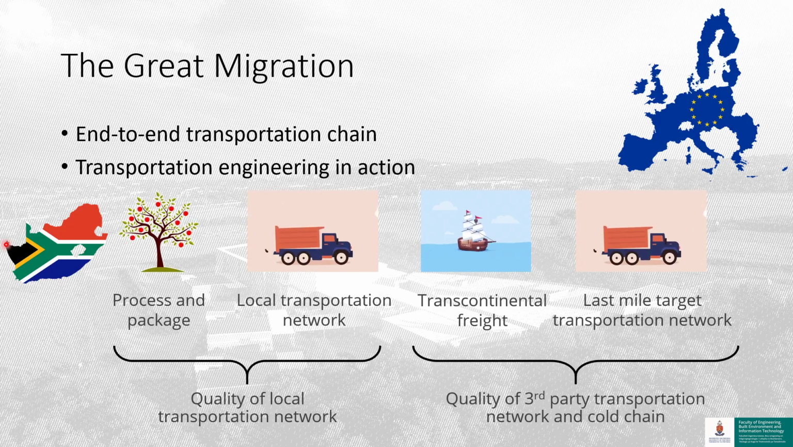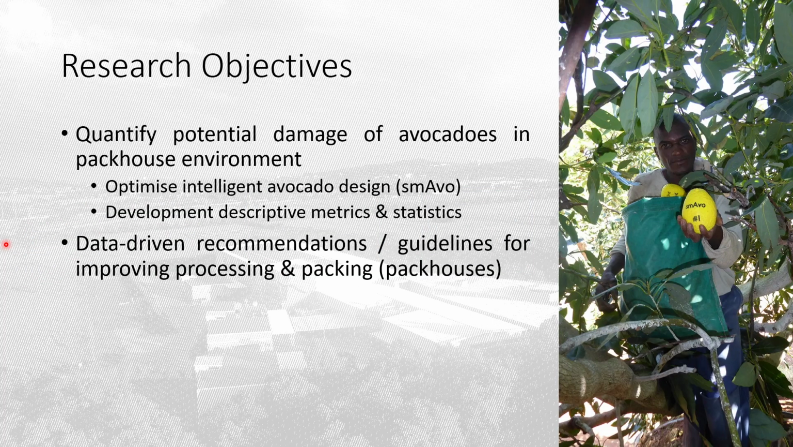transportation networks. So the specific objectives that we had for this project was to quantify the potential damage of avocados in a packhouse environment specifically. So looking at how can we optimize our sensors, and then develop some kind of descriptive metrics and statistics so that one can start to compare different packhouses and processes with each other. And very specifically to make sure that we've got some data-driven recommendations and guidelines and not just perceptions that guide